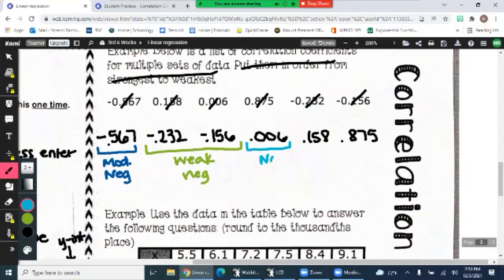Good, no correlation because it's just that close to the number 0. So no correlation. I'm just gonna put COR. Next, 0.158. Weak what? Weak positive. And last, 0.875. Strong positive. Good. All right, so glue this into page 79, and I'm going to come around with your